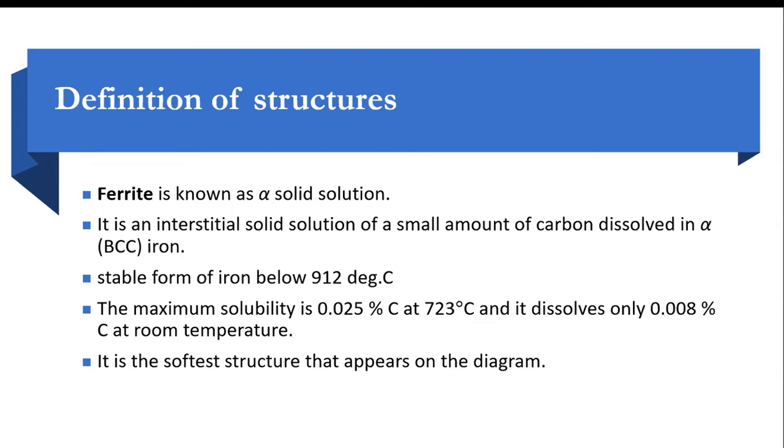So they have different temperatures. Here you can see maximum solubility is 0.025 in ferrite, right? So if you have ferrite, then you can go up to 0.025 carbon addition at temperature 723. But if you try to mix at room temperature, here they said only 0.008 carbon percentage can dissolve in the ferrite. Then it is the softest structure that appears on the diagram, right? So it is the softest because there is no involvement of carbon inside